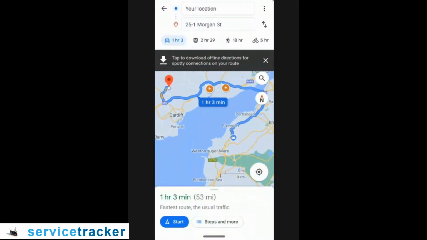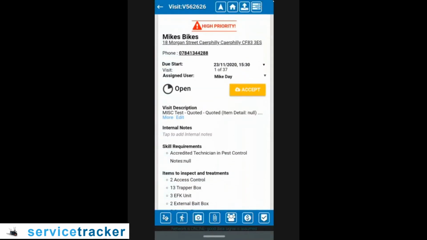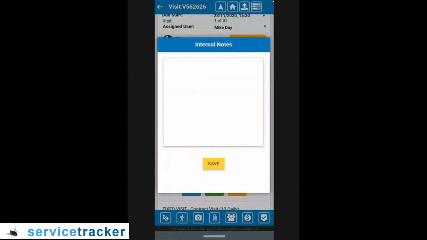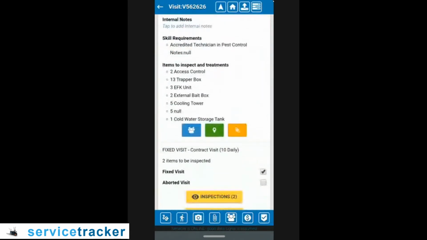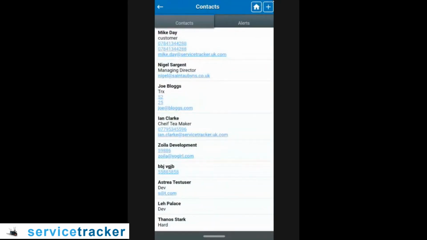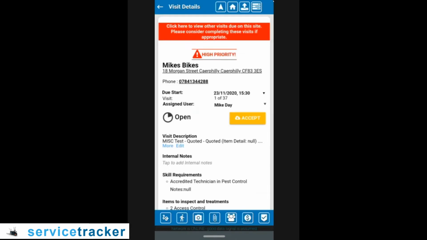Just opens up in Google, and then you can click your back button to go back to the visit. From here you can also look at the internal notes, so if anybody's added any internal notes for you or you want to add your own, you can just type them in there. You can look at the visit description just to give you more information, and then you can look at the contacts, who's on site, what their email addresses are. You can look at the alerts, who's going to get the finished service report,